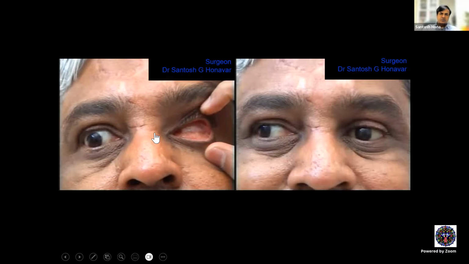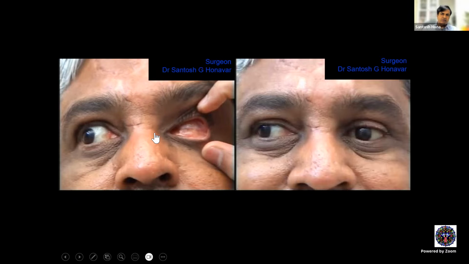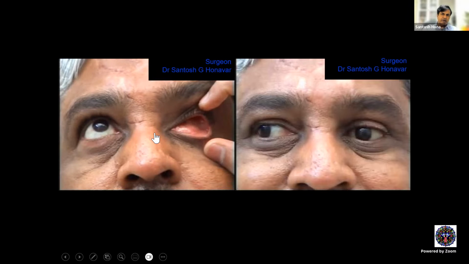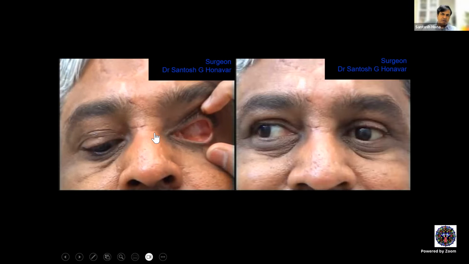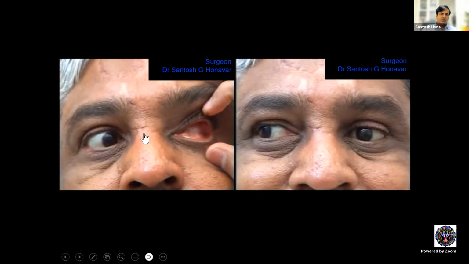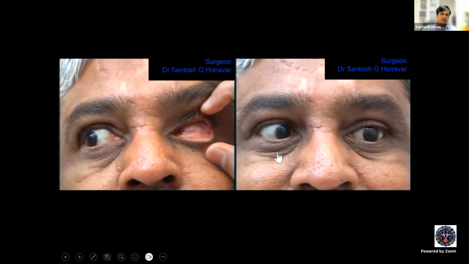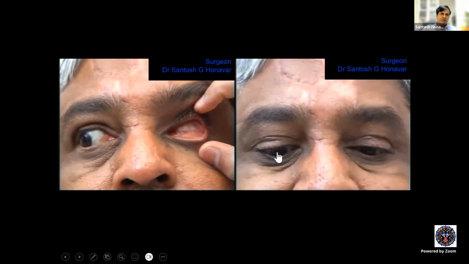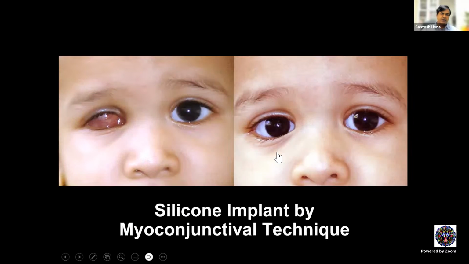This is one more similar situation. You can see the implant motility in an adult patient with myoconjunctival technique. Good implant motility, almost symmetrical with the other side. You can see the prosthesis motility lags behind because the prosthesis is hindered in horizontal motility by the canthus, medial